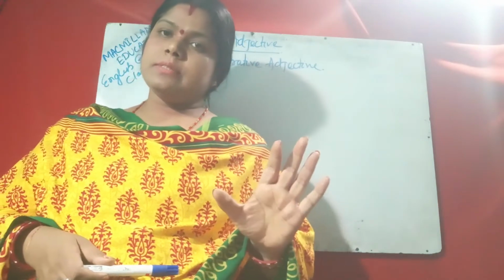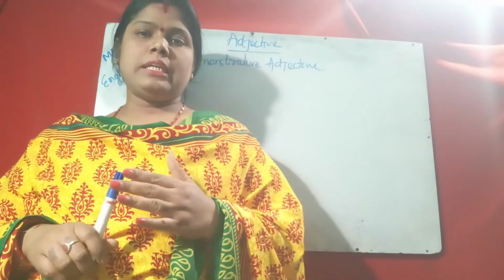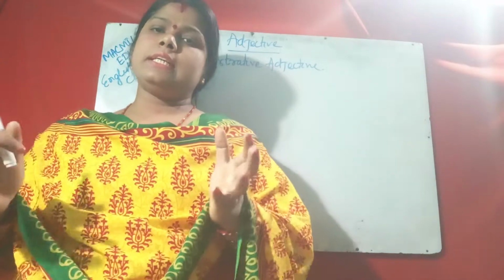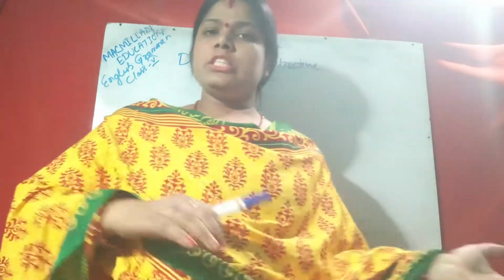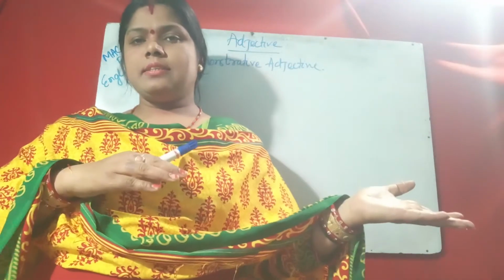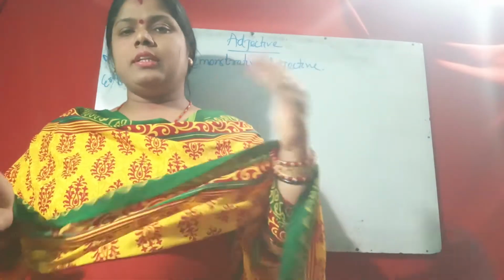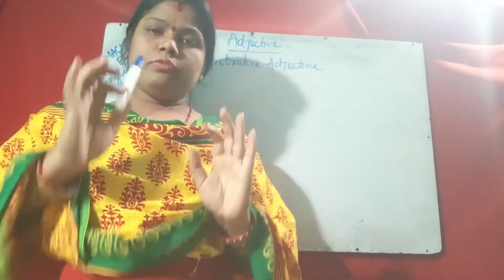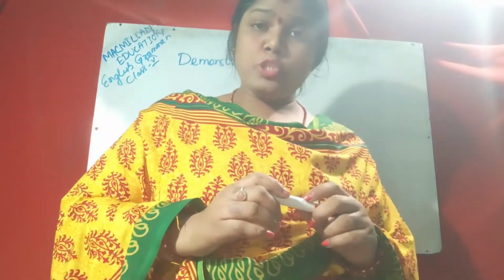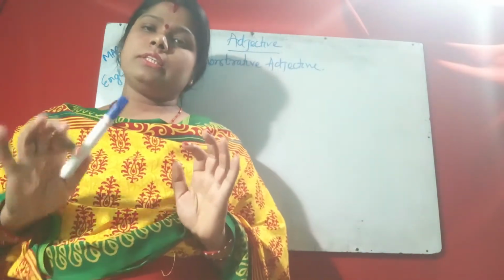So demonstrative adjectives are only this, that, these, those. Already you know the use of this, that, these, those. This and that are singular; these and those are plural. The plural of this is these, and the plural of that is those. So what is this? This is a pen, which is near, close by. We use this for a singular thing. This is a pen, or these are pens.